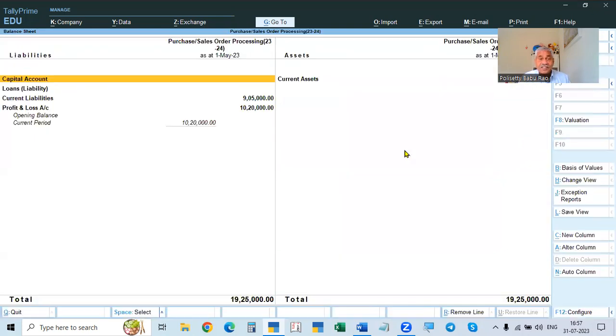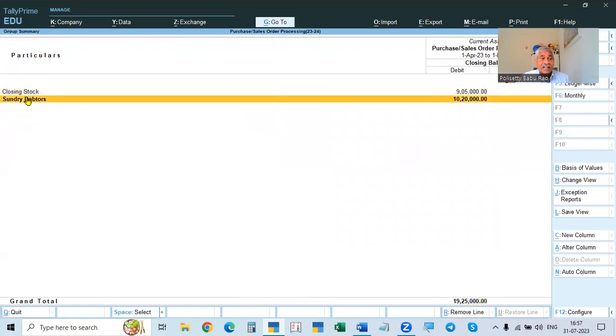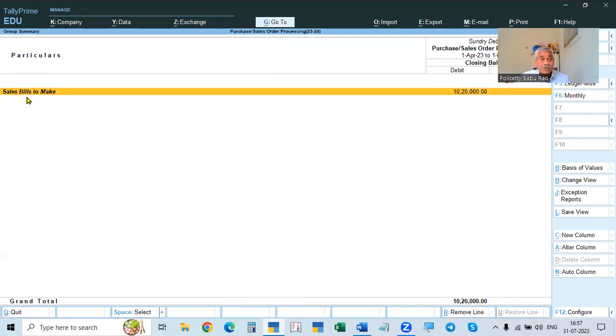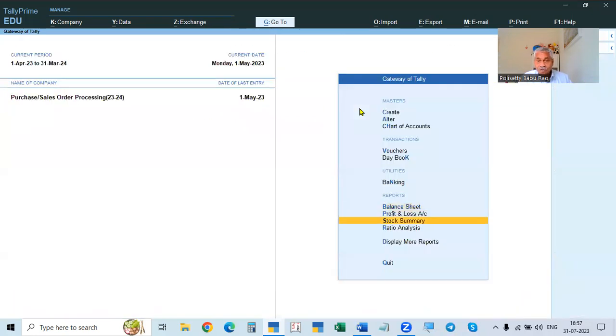And if you go to the balance sheet, when you sell the goods, sundry debtors will be there. But in the sundry debtors, they are not showing as sundry debtors. They are not showing the name of the electronic house, it is showing as sales bills to make. Okay. And now go to